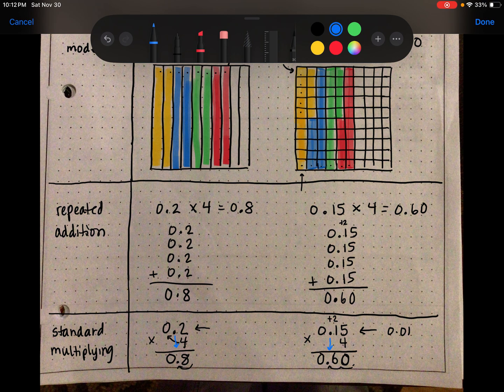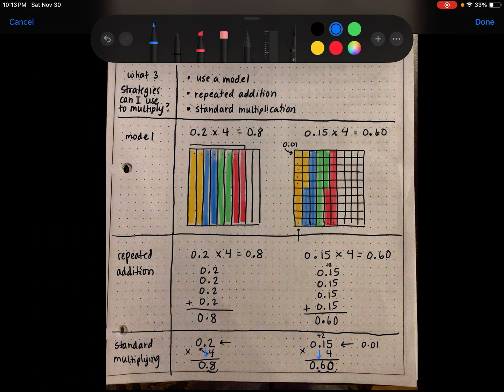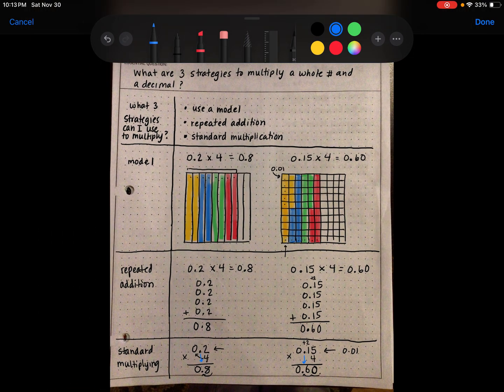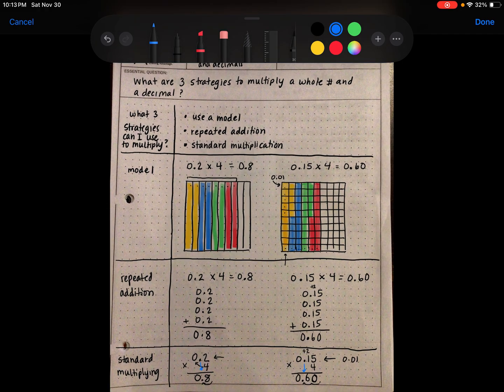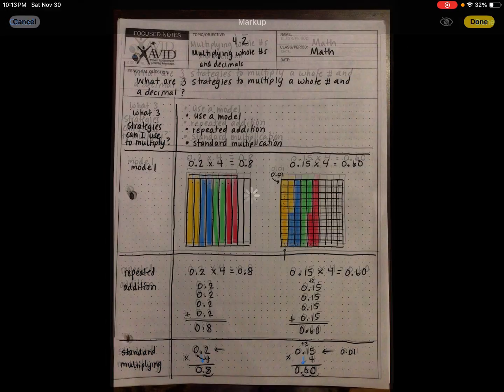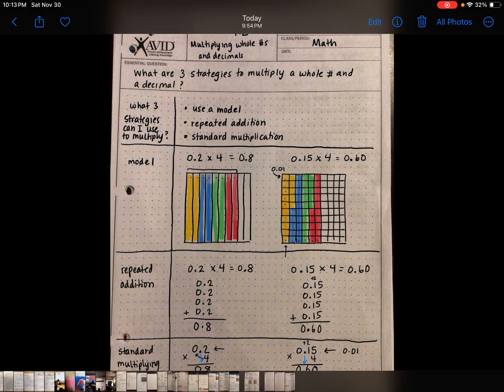And that's not the rule for multiplying decimals. It happens to line up here, but when you're multiplying decimals by decimals, your decimal does not just drop down. You actually need to count how many places over you're going to be moving it, depending on if you're multiplying by tenths or hundredths or even thousandths. So those are the 3 strategies that you can use for this lesson. And actually this lesson 4.2 focuses mainly on the model strategy, but there are 3 different